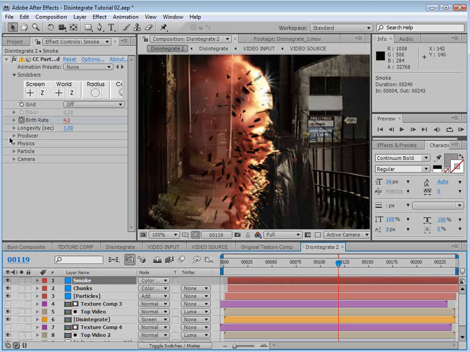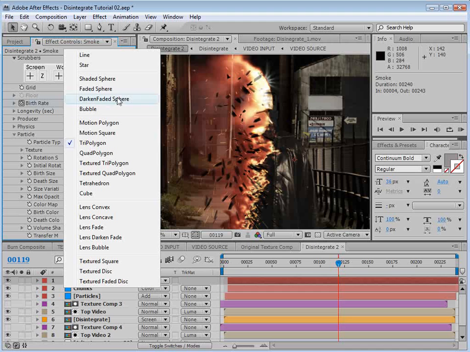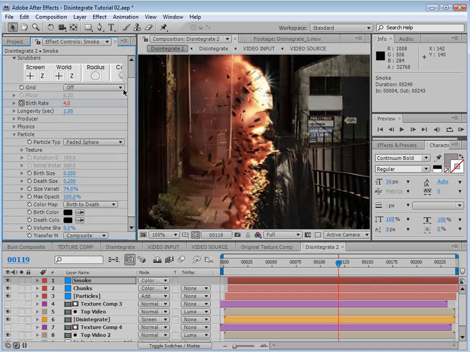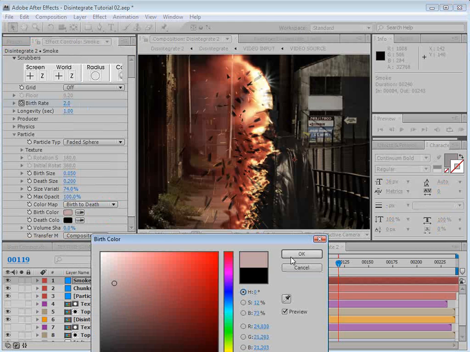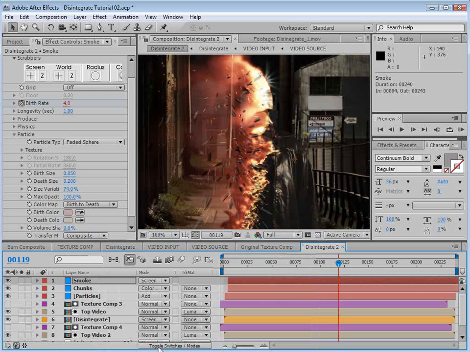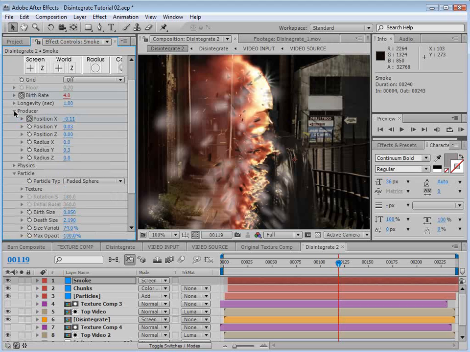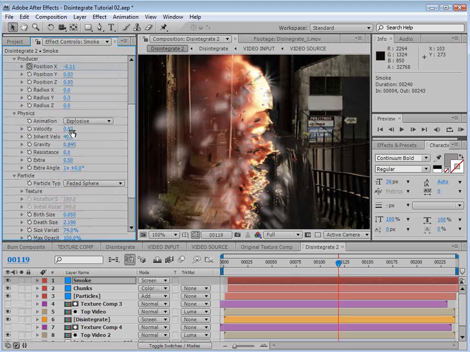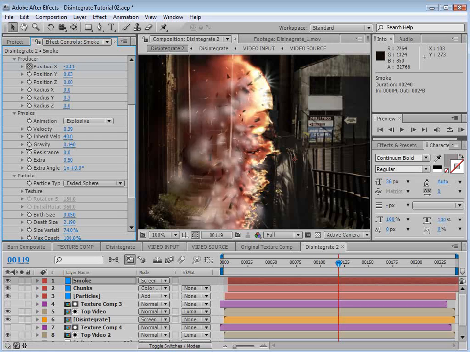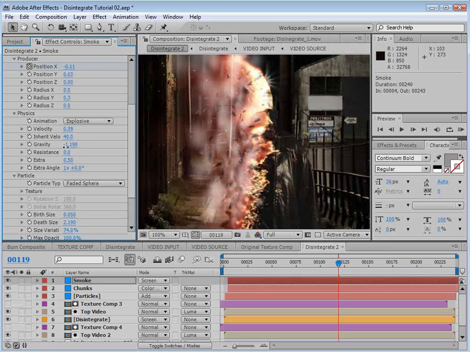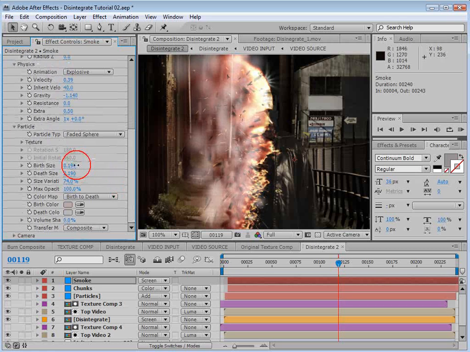So for the smoke, we'll go to the particle, and we're going to set it to a faded sphere. And we're going to set it to kind of a grayish color. And we're going to set the transfer mode to screen. Size of these particles is large. And the velocity is not so much, but the gravity is upside down so that they fly up and off the screen. Again, we want these to be somewhat large. And the transfer mode to screen,